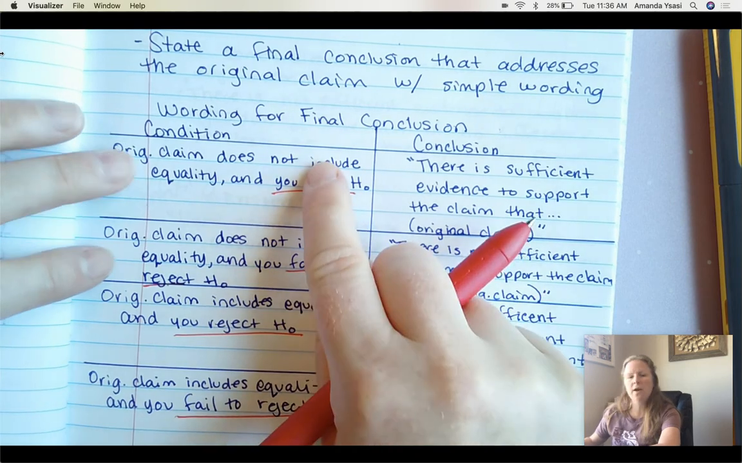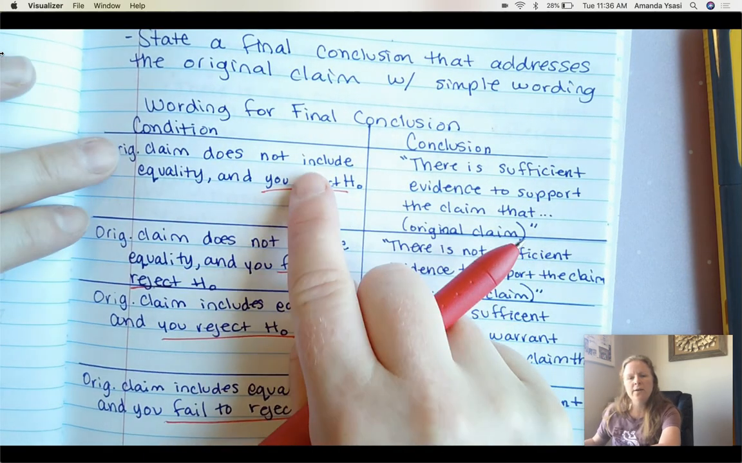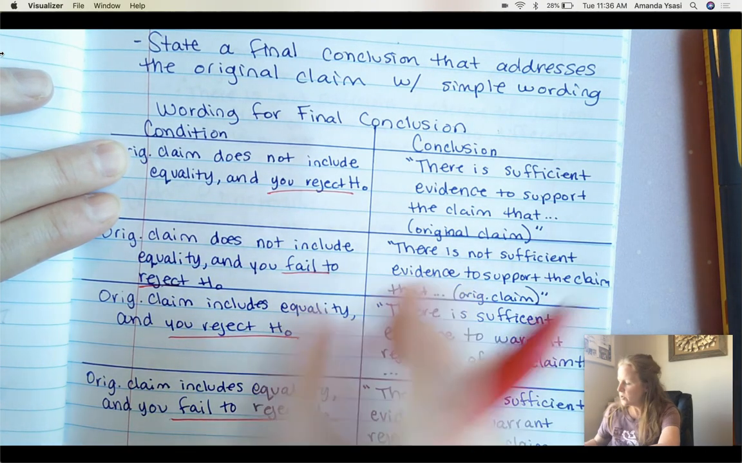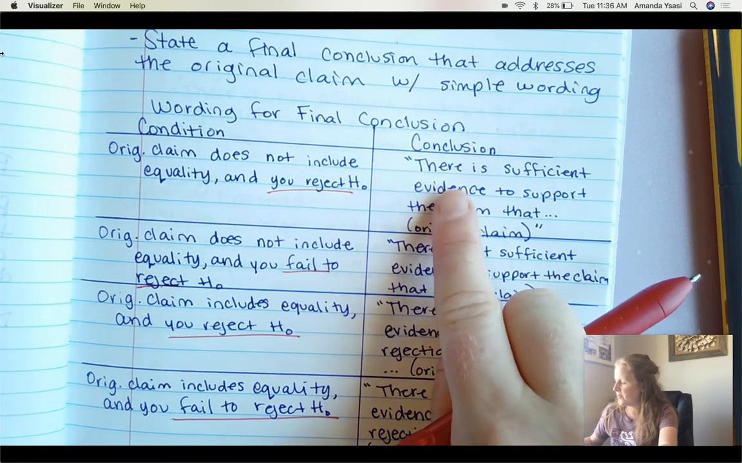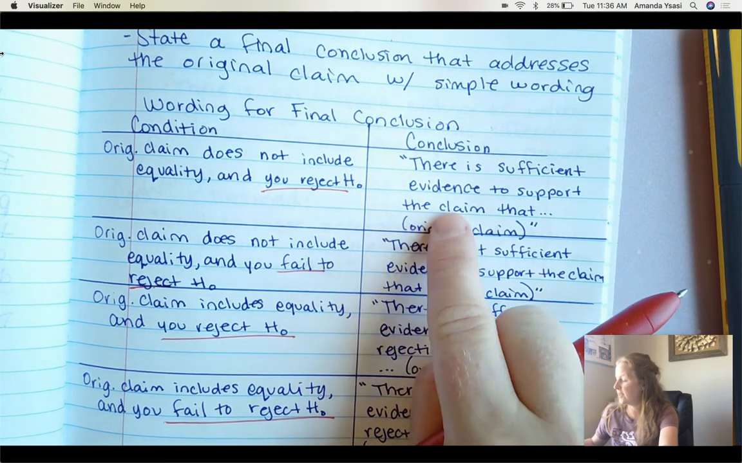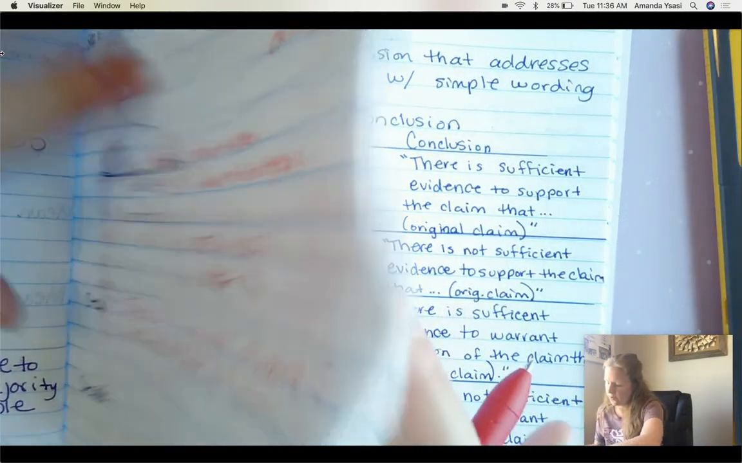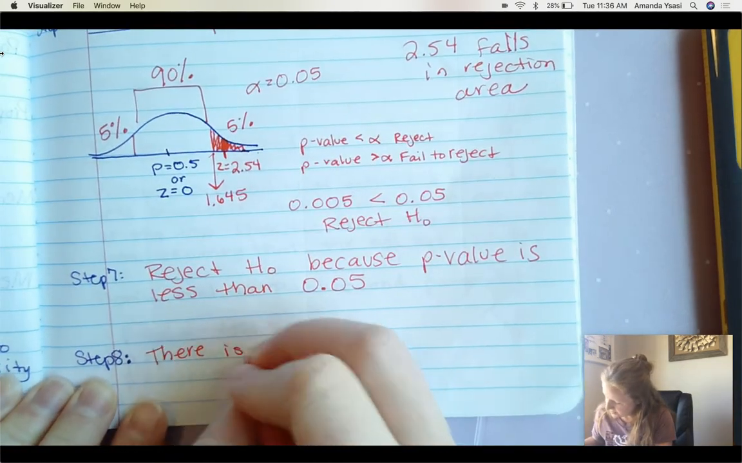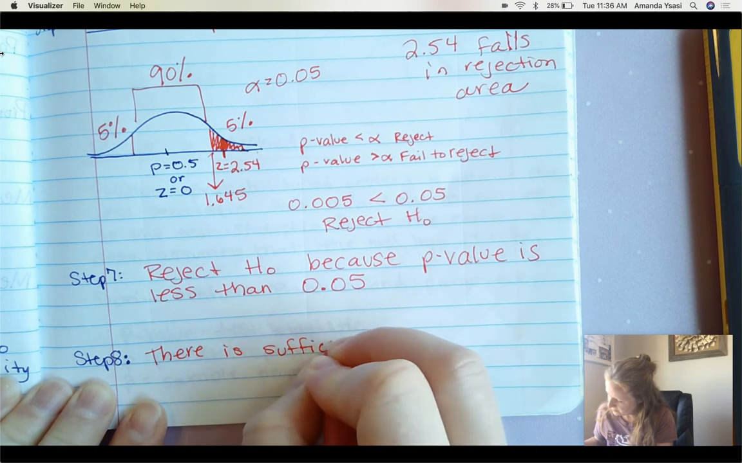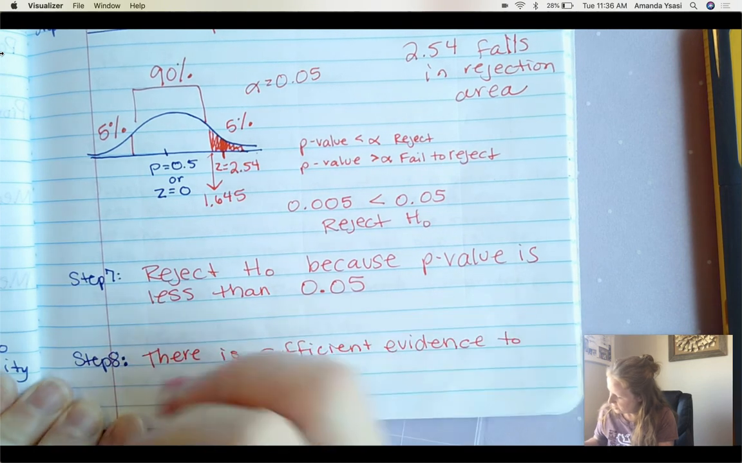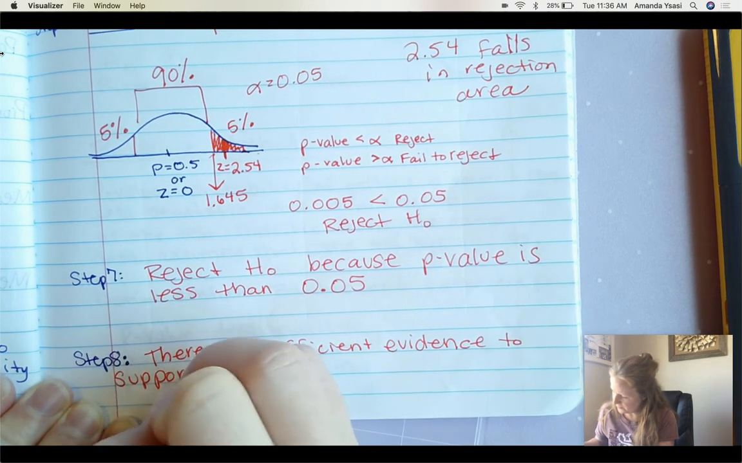So the only ones I want to look at are these two. Does the original claim include equality or not? The original claim is saying that it's greater than 50%. It's majority. So it does not include equality. So we are going to write there is sufficient evidence to support the claim